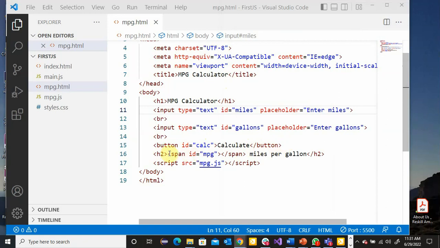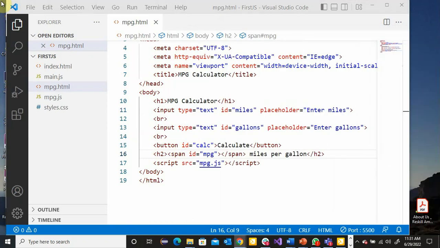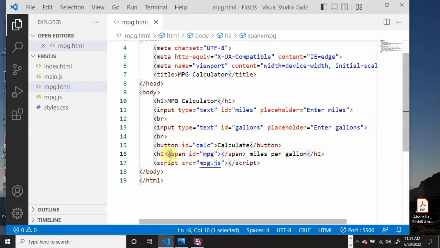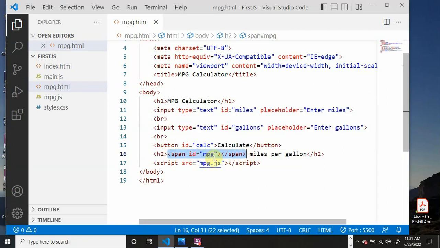And then I have an H2, and you'll notice what I did. I have these words miles per gallon that I want to stay there, but I want to just be able to put in the value that's calculated. So I have a span element inside of this H2, and it has an ID of MPG. So when I do the calculation, I'm going to put that result just right here. And I am connected to a script that is called mpg.js, right? All right, so